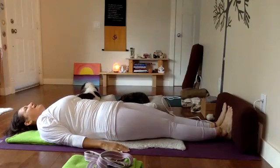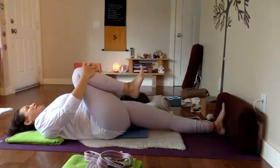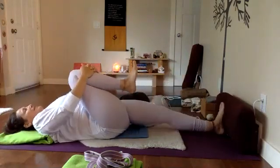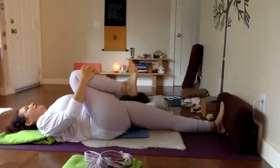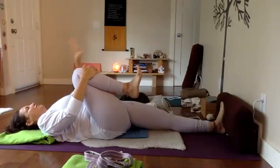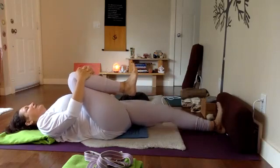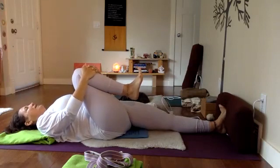Okay. All right, we're going to bring the right knee into the chest. You're just going to hug it in. If you need to bend your left leg, do that. If you need to adjust the support under your head, take the time to do that. And then I'll say if you need to bend the left leg, you do that. That's the right thing to do. But if you're okay with the left leg extended, then just find, okay, I'm going to just guide you through